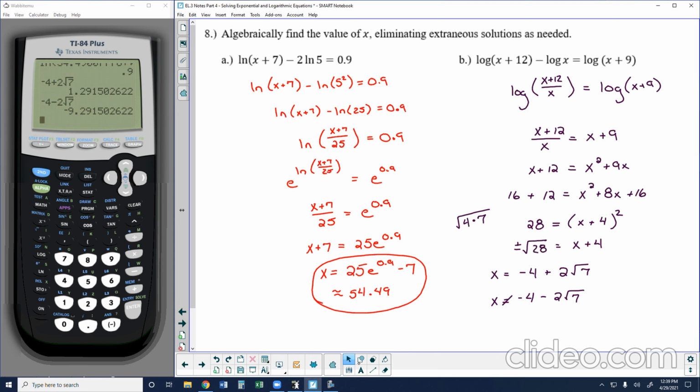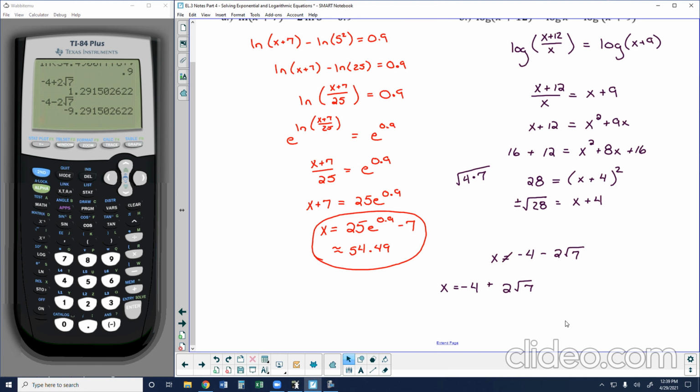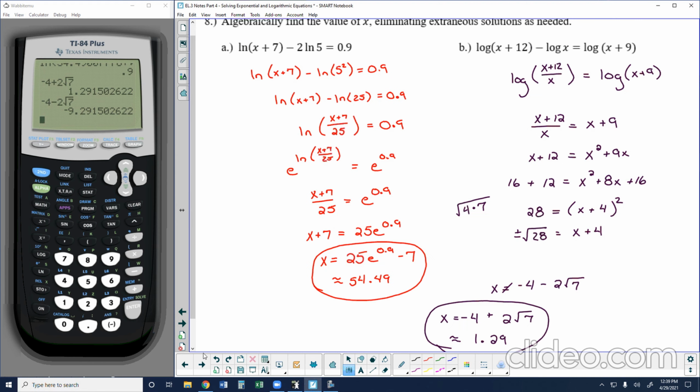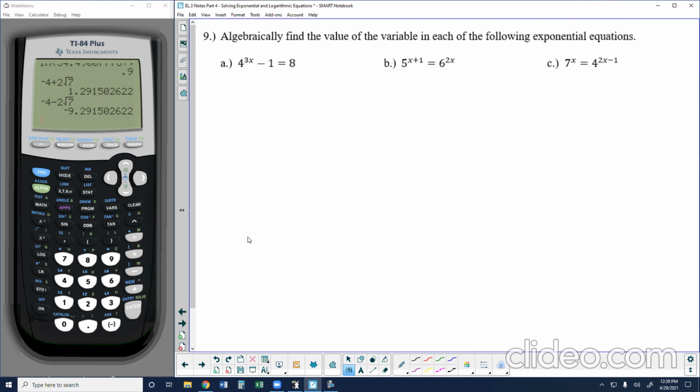I'll move it down a little bit. Move that down to the bottom of the problem here. The real answer is negative 4 plus 2 roots of 7, which we can list as an approximate value of 1.29 if we wanted or needed that approximate value. So here we see a couple of different methods for solving logarithmic equations. Let's look at one more example type of problem, and that's finding the value of the variable in